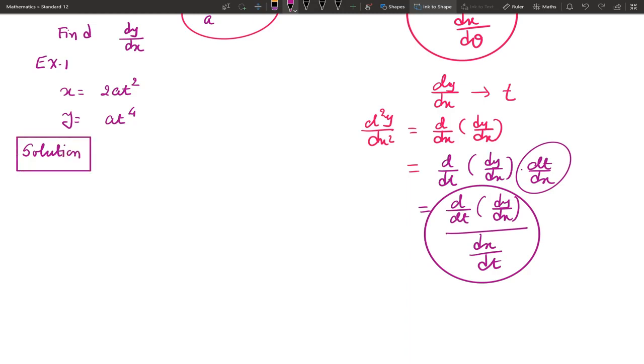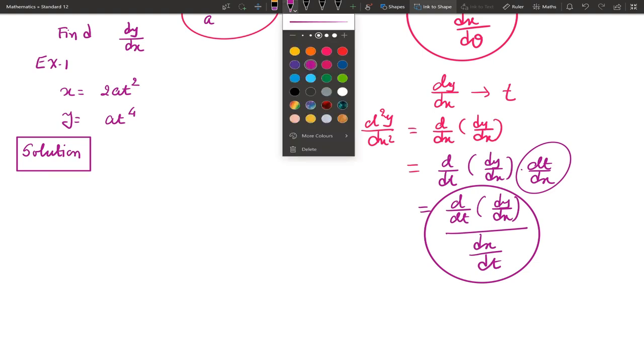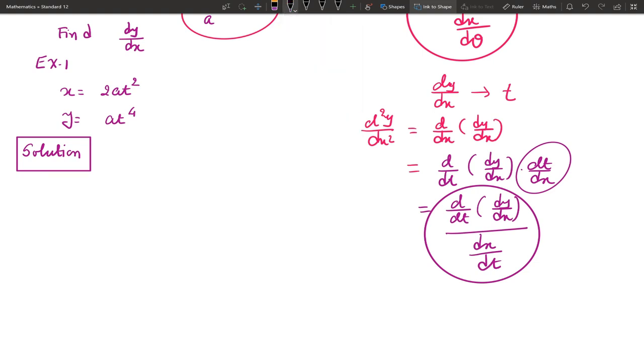Solution. So here you can observe t is the parameter. So dy by dx can be obtained as dy by dt upon dx by dt. So first, x equal to at square, therefore dx by dt is 2at. It will be in the denominator, so we have to put the condition that it should not be 0. So dx by dt equal to 2at, put condition not equal to 0.